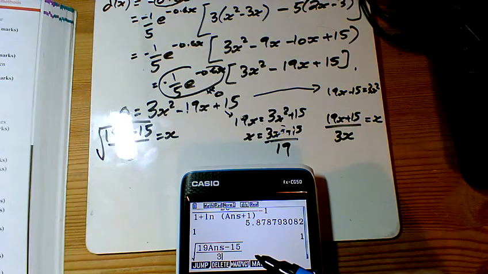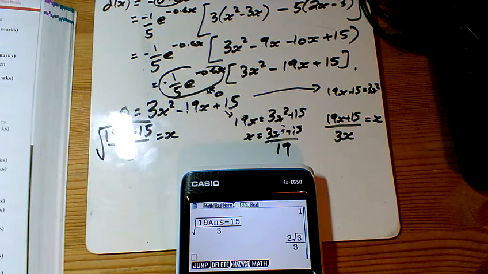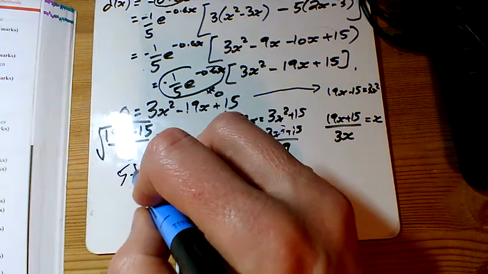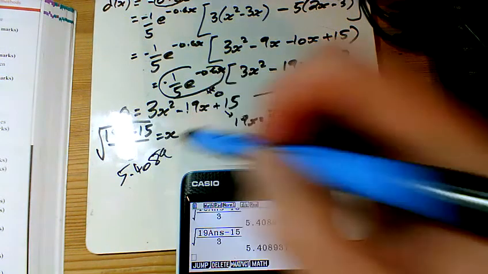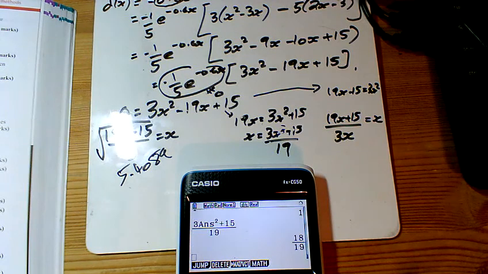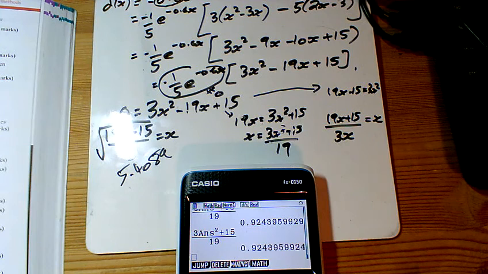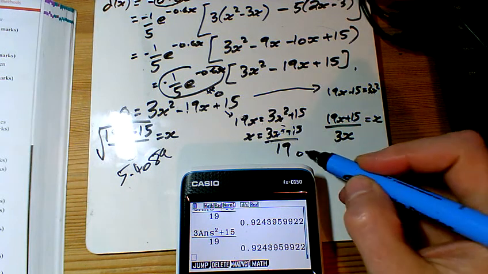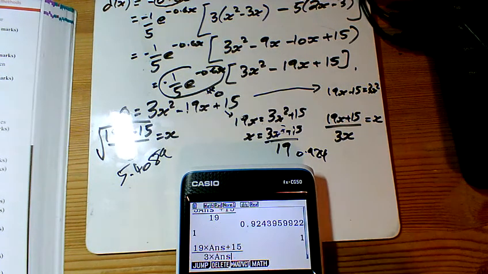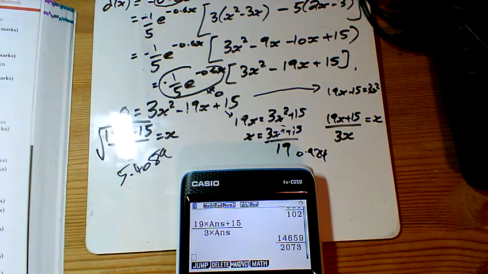So put in that first iterative formula in the calculator, starting at 1, after a little while, it's coming down to 5.4089, isn't it? 5.4089. And here's the second one, starting at 1 again. And this time we're going to 0.924 for that one there I've got. And the last one, starting at 1, and this one goes to